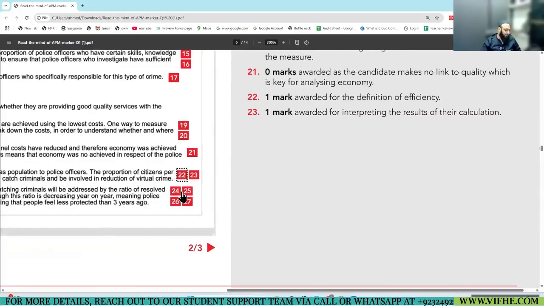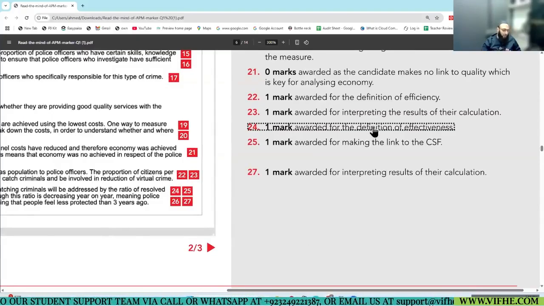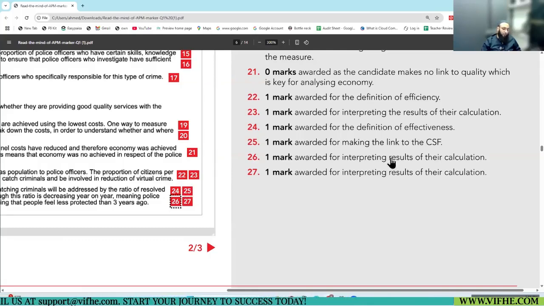You can see 1 mark for the effectiveness explanation, 1 mark for the first measure, that was number of crimes solved, 1 mark for the interpretation of the first calculation and 1 mark for the interpretation of the other calculation that was wrong.